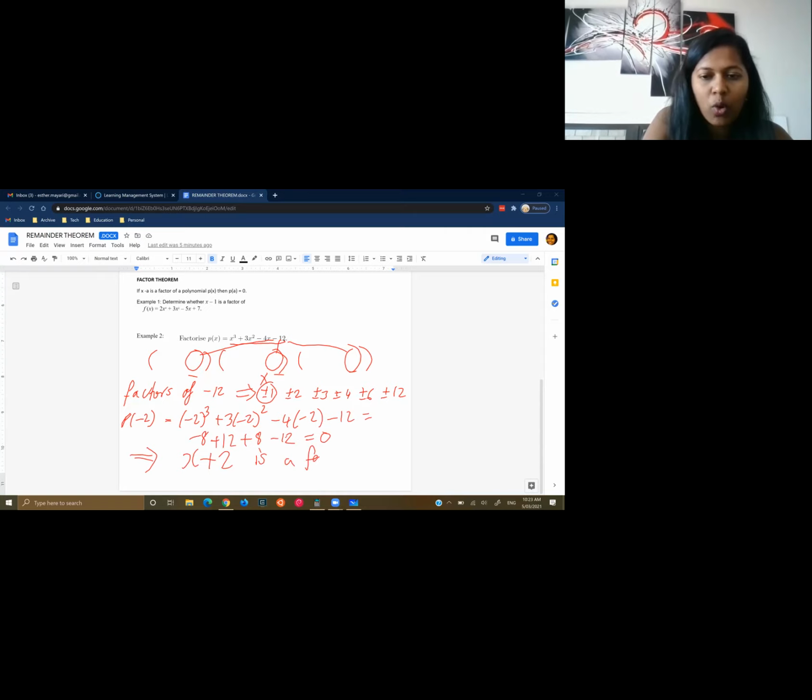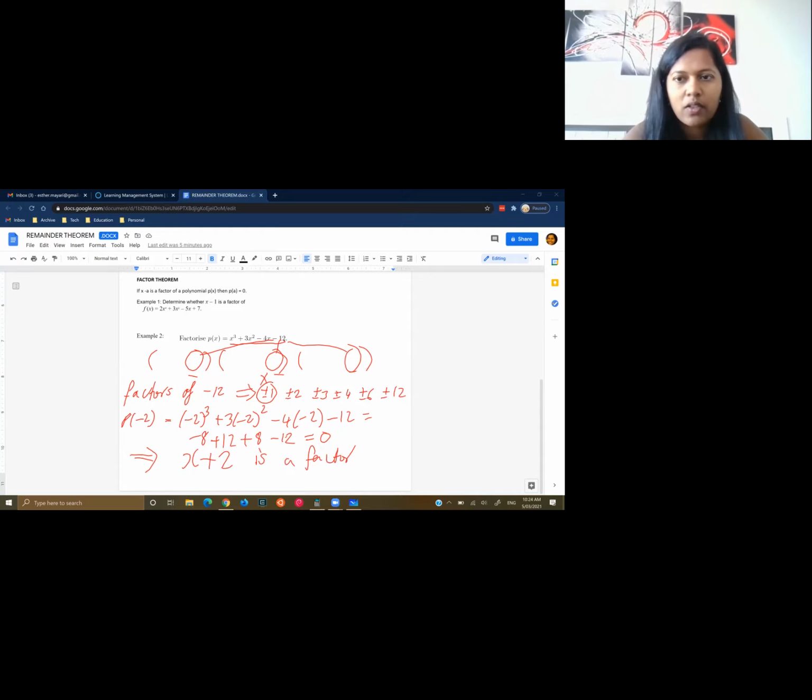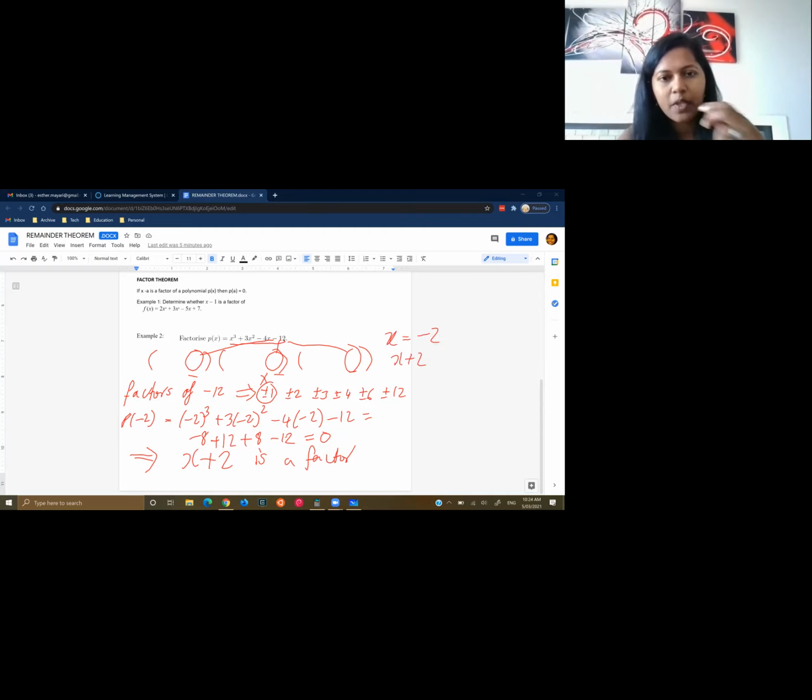Watch that carefully. I substituted negative 2, not positive 2, and I got 0, which tells me it's x plus 2 that is a factor, not x minus 2. Because if x is equal to negative 2, then when I rearrange, x plus 2 is my factor. Now that I know that x plus 2 is my factor,